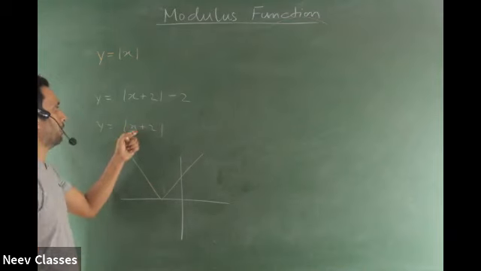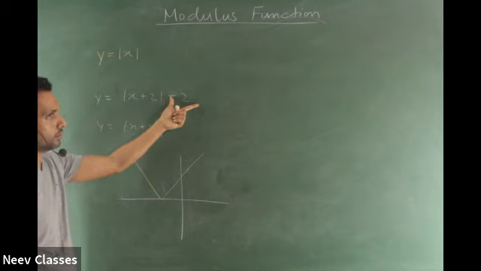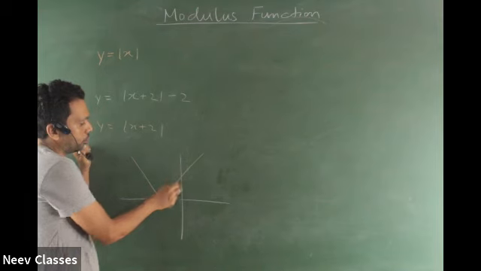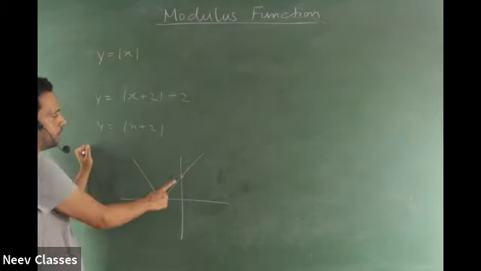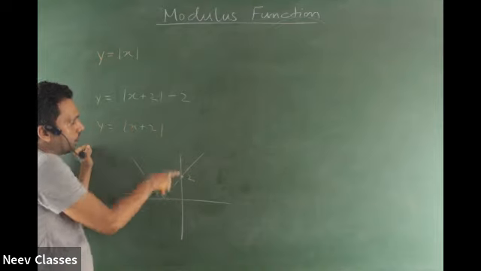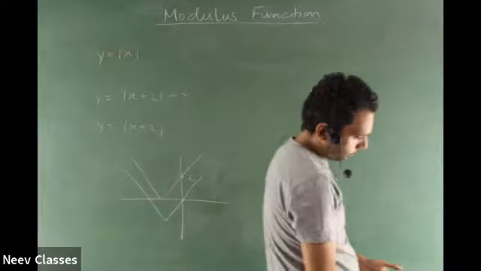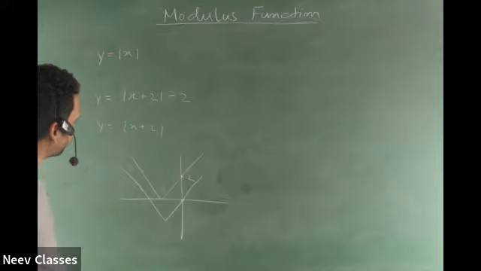Then you will say that this graph, the green graph, is 2 down. This 2 is not on x. This 2 is on y. So it goes 2 down. To know 2 down, you should know where it was cutting exactly so that you make it go to the right spot. Where was it cutting in the orange graph? You'll put x as 0, you'll get your y as 2. So when you make it go 2 down, this 2 will reach 0, right? Yes, sir. So you have to be that precise. Without precision, no marks. Got the point? Yes, sir. Okay. So shifting and all, I think you'll be able to do.